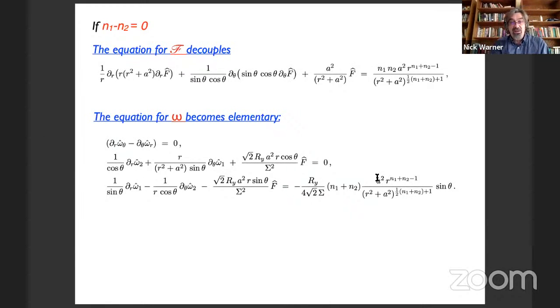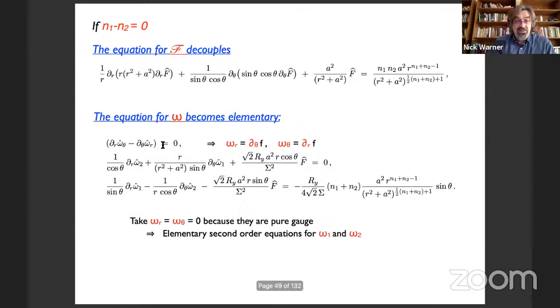And the equations for omega are, again, rather simple. Particularly, if you look at this one, you see that this implies that that's the integrability condition for this, to say that omega r and omega theta are pure gauge. So at the end of the day, you take omega r equal to omega theta equal to 0, because they're pure gauge, and then you wind up with two really rather simple differential equations to solve. So in this particular instance, the differential equations are very simple. They collapse to something manageable, and you can solve it in a few hours, or even quicker if you use